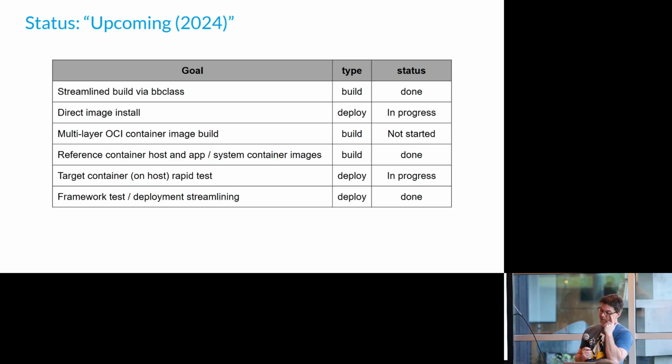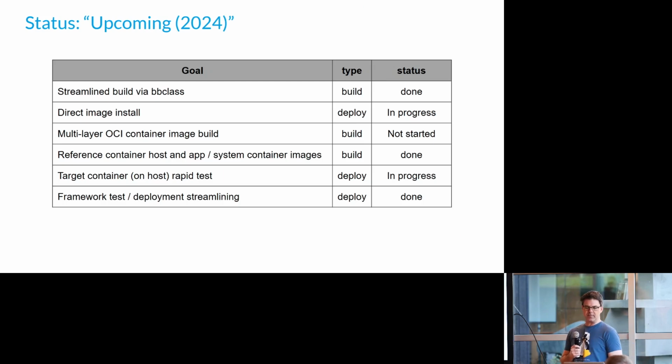Multi-layer OCI container image build. Didn't get to it. Maybe I will eventually. And by that, I mean not multiple OpenEmbedded layers. I mean being able to do a base OCI layer and then the union layers on top of it, so we could reuse the base layer and just have smaller delta container updates. And it enables a whole bunch of things for us, so I haven't quite got to it yet. I have image assembly tools and ways to do it, but we need to define the layers, what goes where, and then write the config. And it's not rocket science, but it's not trivial either.